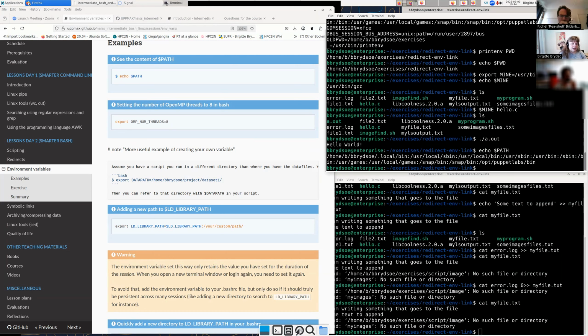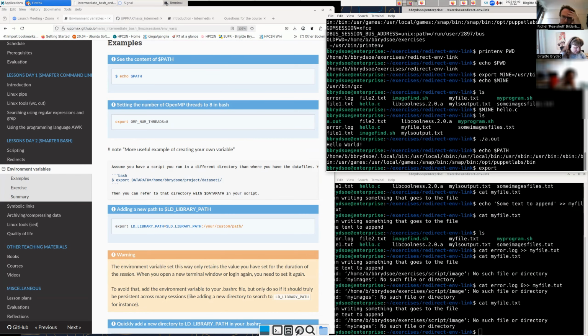And it is set by default to look in these places here, and I could add something to it, because if I, for instance, installed a program in /opt, I could tell it that the path should now also look in that one, and I would do that with